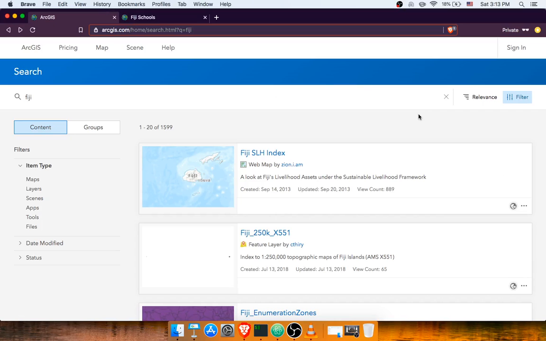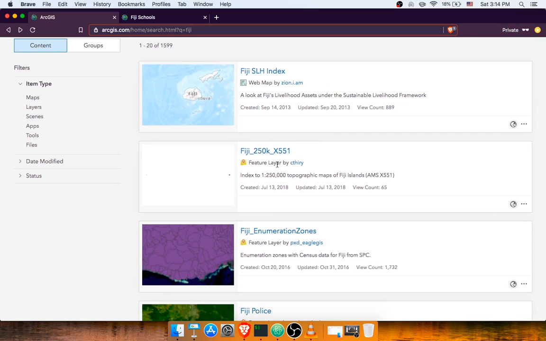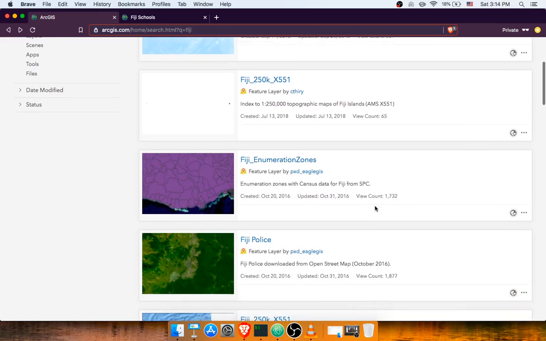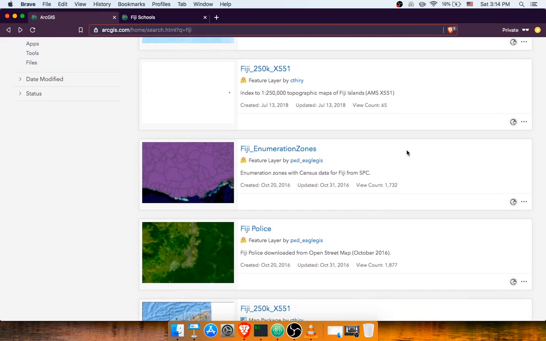Let's go back to ArcGIS.com and talk about what kind of results came back when we searched for Fiji. There are web maps, which are a collection of layers that someone has put together for a visualization purpose, and then there are actual layers, like this feature layer, and a feature layer has a collection of points, lines, and polygons that we can download. There are also going to be some imagery layers here, which, depending on your situation, you might be able to use it, but if it's hosted by somebody else, it might be difficult for you to use it in your